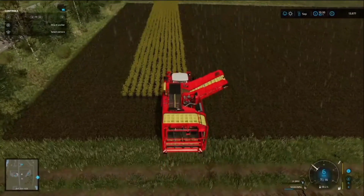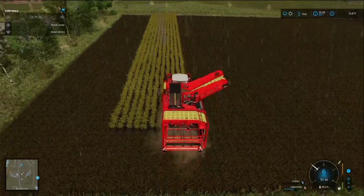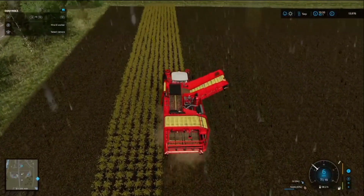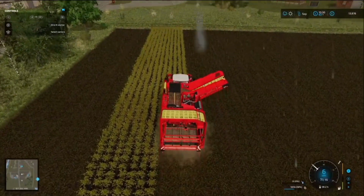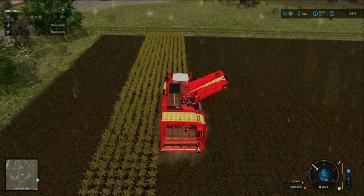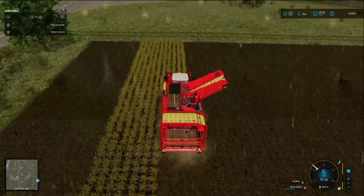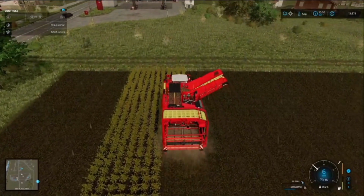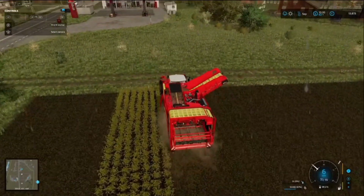Okay guys, here we are. We're just doing the last few little rows of potatoes. I've just sent the trailer off to the potato processing plant to unload the first trailer of potatoes. There wasn't quite enough space in there